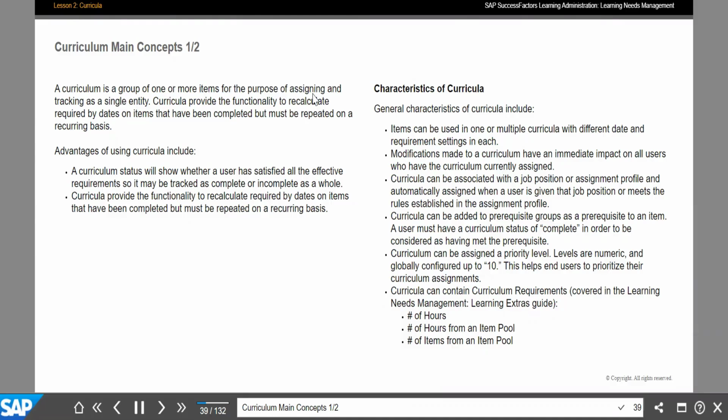Under this curriculum, I have all those 5 or 7 mandatory trainings. And I don't assign you items one by one, I assign you the entire curriculum. Once I assign you that curriculum, automatically, all the trainings which are attached to it, mandatory, non-mandatory, are automatically assigned to you.